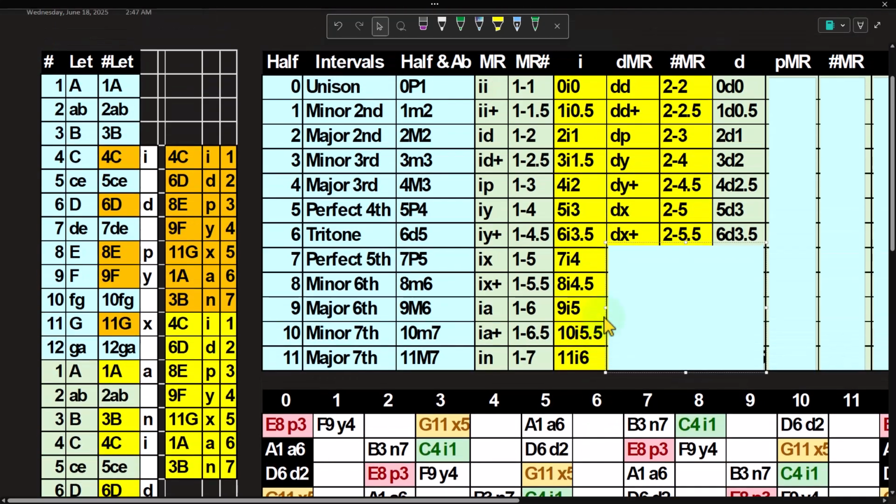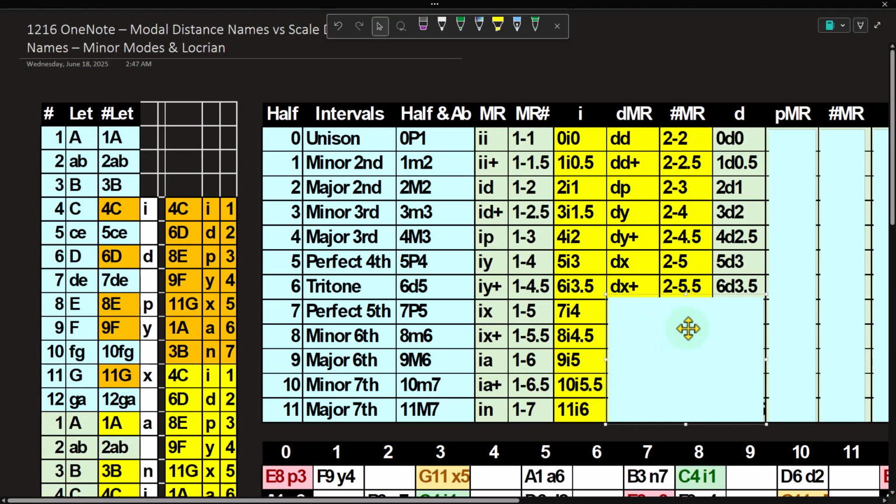Anyway, it's going to be a 6 note away from the Dorian, 3.5 modal half steps, which would be a 4.5 scale degree. If you had scale degrees, we can see over here that it's usually called a 6 note away diminished fifth. Why? Because perfect is the one they wanted to call it for this particular interval, and then they flattened it and they couldn't make it a minor because they didn't have a major, so they made that a diminished. So if we go 6 up from the Dorian, 1, 2, 3, 4, 5, 6